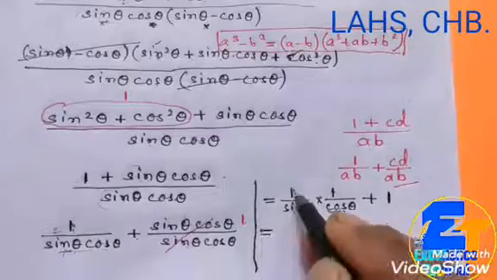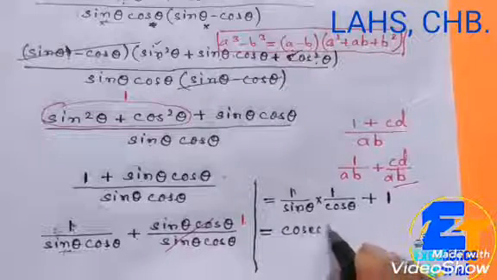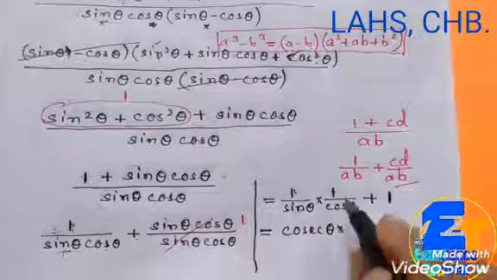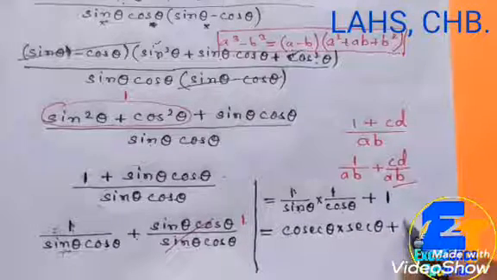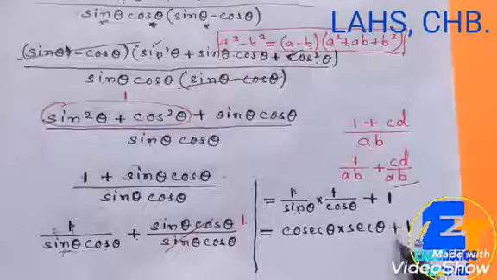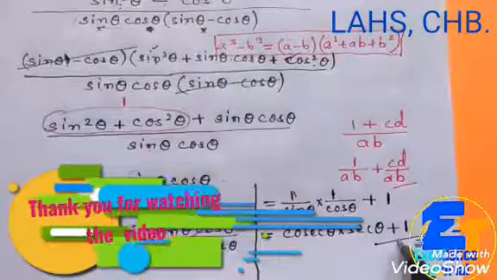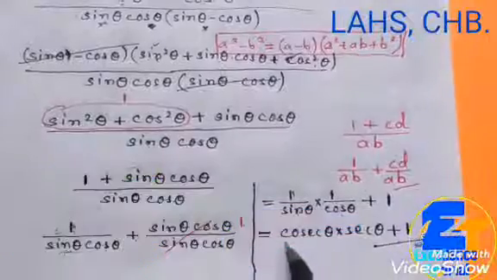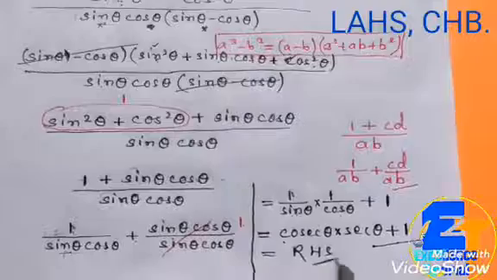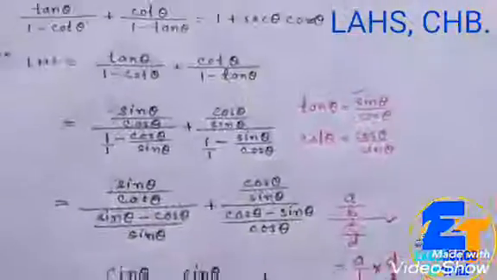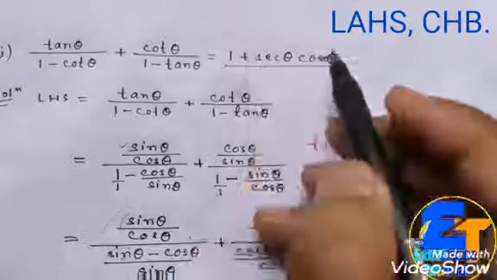Now see, as you know, 1 by sin theta is cosec theta, into 1 by cos theta, sec theta, plus 1. See, we got the same term which is given on the right hand side of the quotient. This is the term here, it is matching with the right hand part of the quotient. See, the right hand part of the quotient, 1 plus sec theta cosec theta, 1 plus